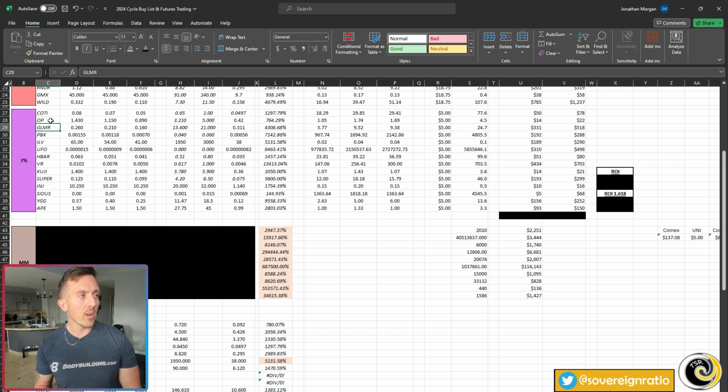I have Glimmer here. I've lost a lot of confidence in the Polkadot network, but if Polkadot does survive, I want to have a little bit of Glimmer because I think Glimmer is going to be a much bigger ROI than Polkadot itself. So I would plan on getting a small position in Glimmer, or Moonbeam is the actual name